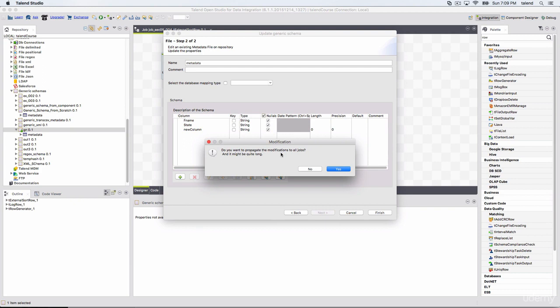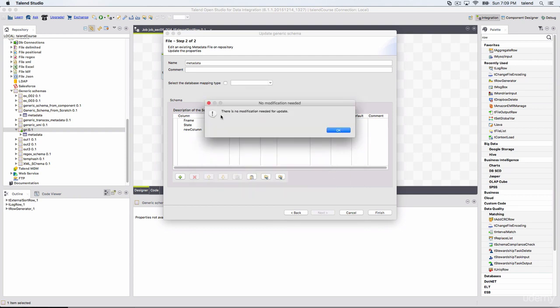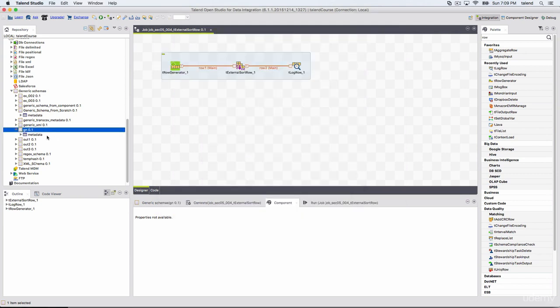It will do that analysis later, but it is warning that it might take quite long because we don't know in how many jobs this schema is used. Do you want to propagate whatever changes you made? You can say yes, and it says there are no modifications needed for update because it is not used anywhere. But if it is, then it will update all the jobs that use the schema.